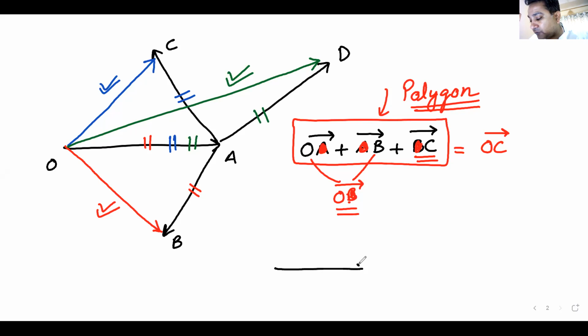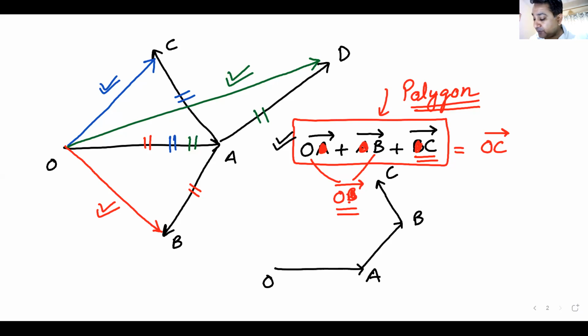So let us say this was my vector OA. I hope everyone is following me. I'm trying to draw these three vectors, which we have added, and we have drawn nothing. So this might be my OA vector. My AB vector might be like this. Then my BC vector might be like this. So I've drawn three different vectors in three random directions. How I've added them? Look there.